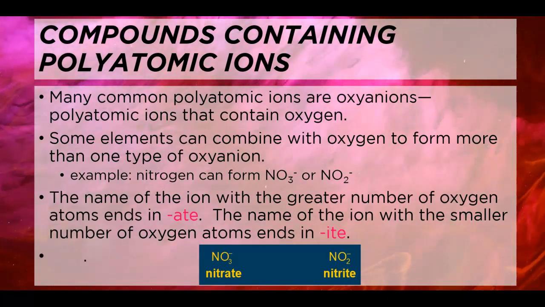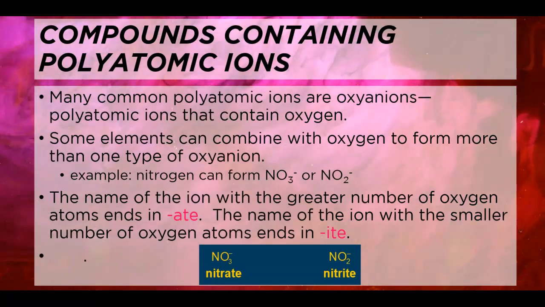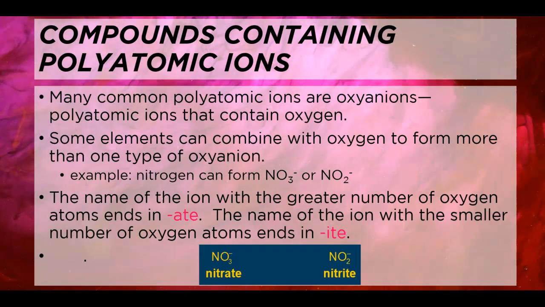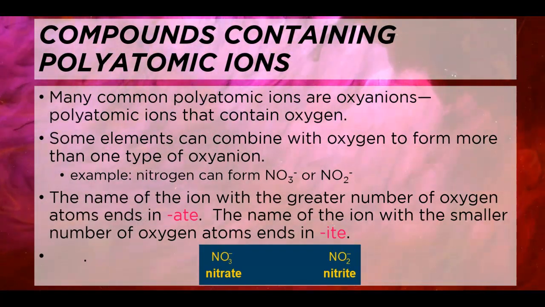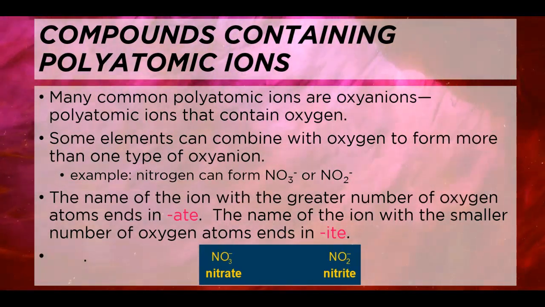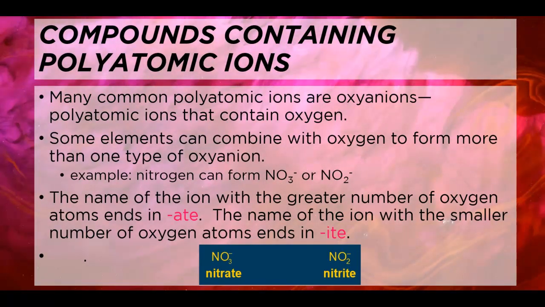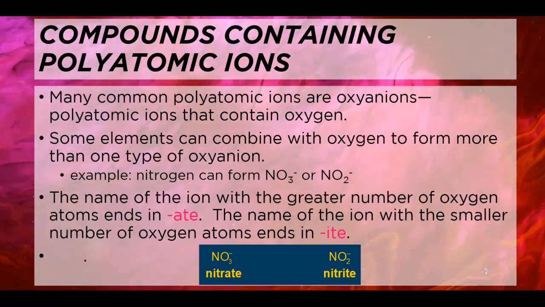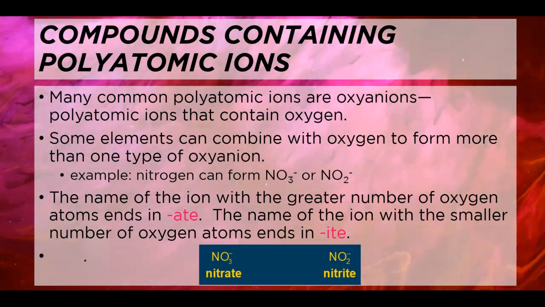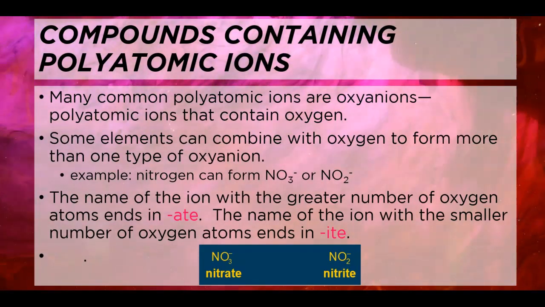One pattern you might notice when you look at your table of common ions is that the suffix ate will always have more oxygen attached to it than ite. Now, sometimes it's not the case that the ate has 3 oxygen atoms. Sometimes you'll see that the ate has 4, for instance, with chlorate, or phosphate has a different number of oxygen atoms. But the general rule is, as we go from lowest to highest, we go from